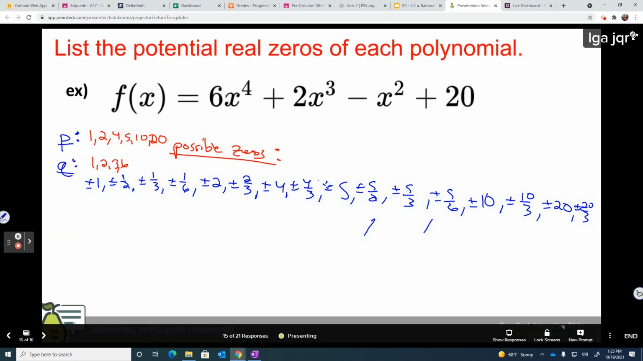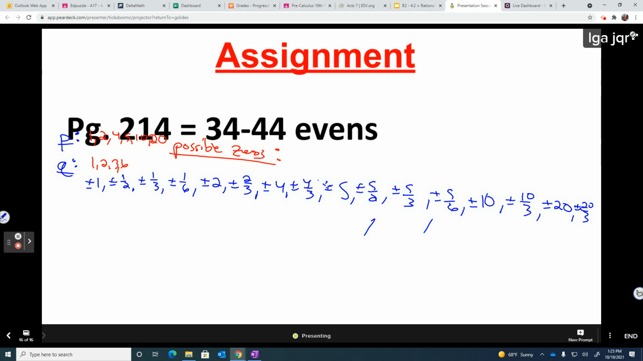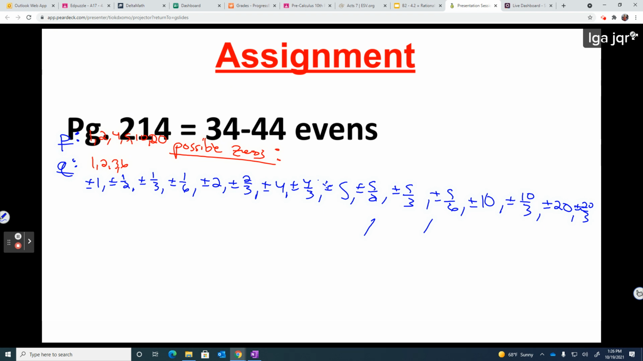You might actually be able to do the whole assignment. It doesn't take long. 34 to 44 evens. And actually,